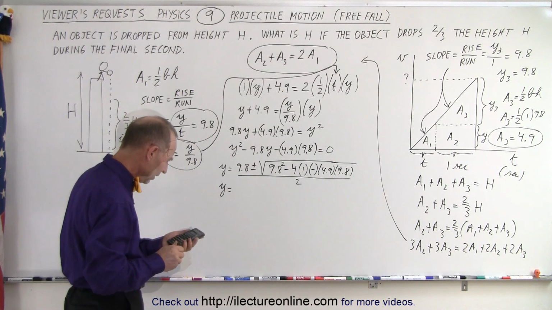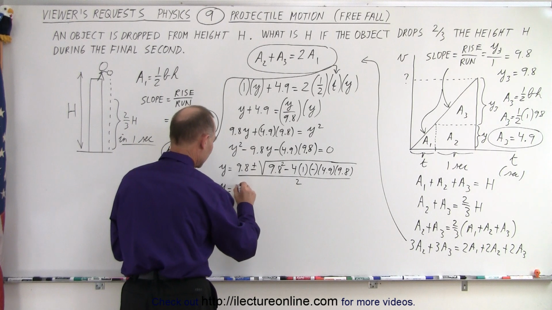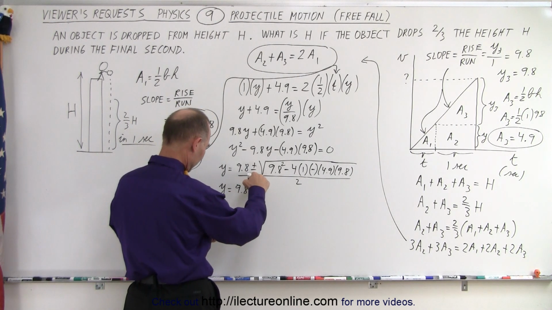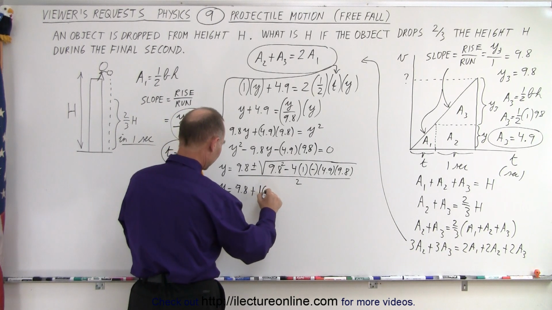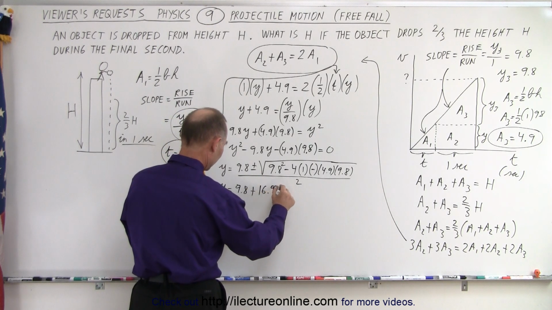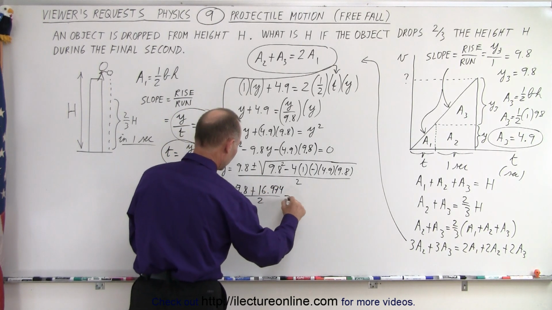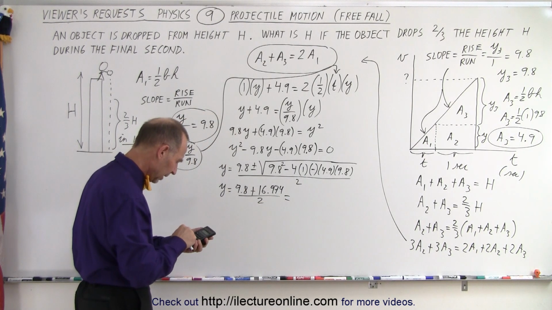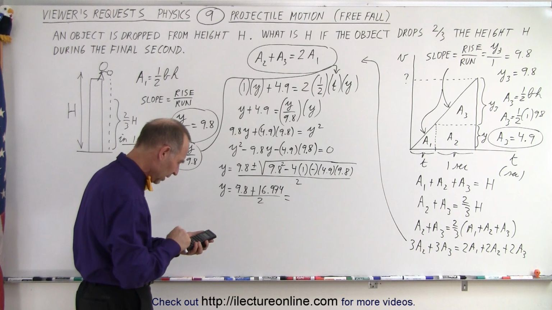Take the square root. So we end up with 9.8 plus, because the negative will not matter, that's a negative number, 16.974, all divided by 2, which is equal to